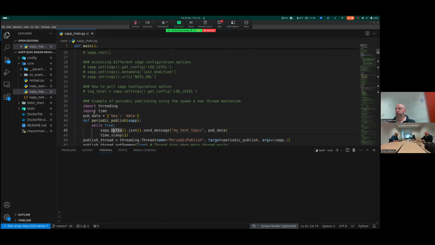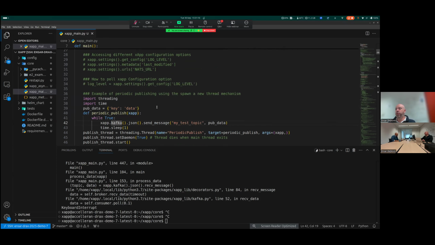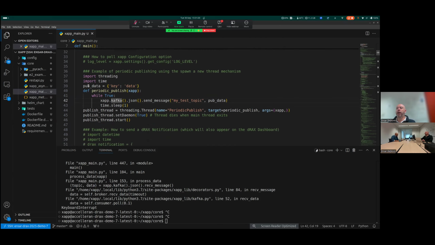Let me zoom in a little bit so that it's more readable. There we go. I just created a small dummy data, some kind of dictionary. Do note that when we're publishing to the Kafka databus, we're publishing with JSON encoding. So you do have to have a structure which is JSON serializable, right? So a Python dictionary is easy to use.